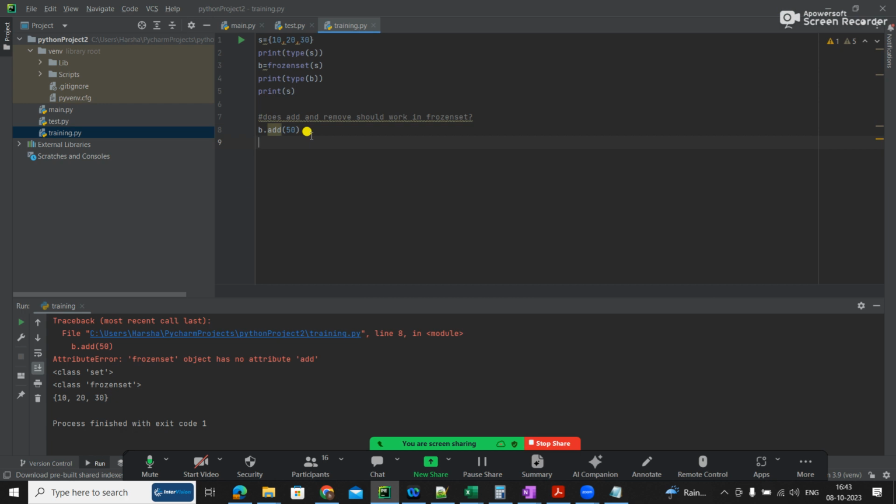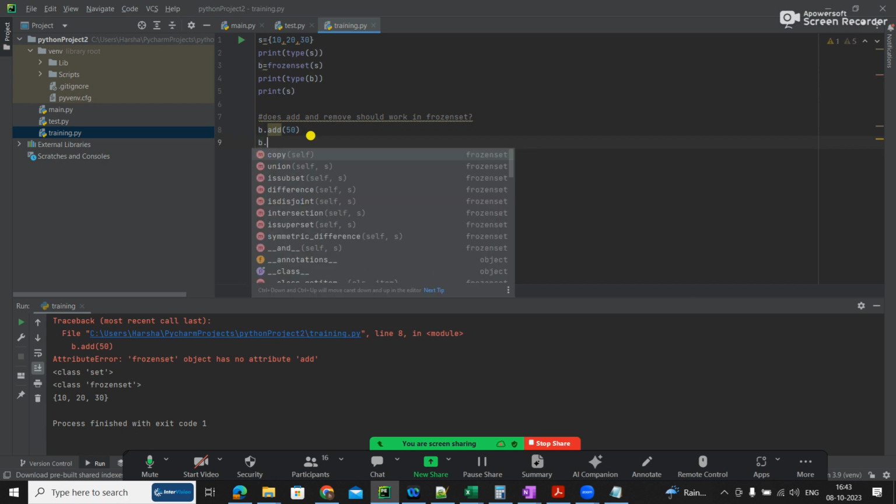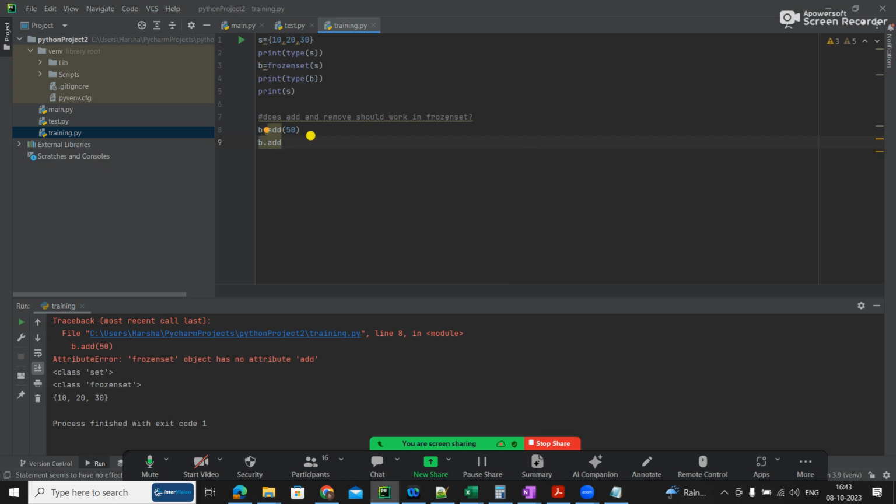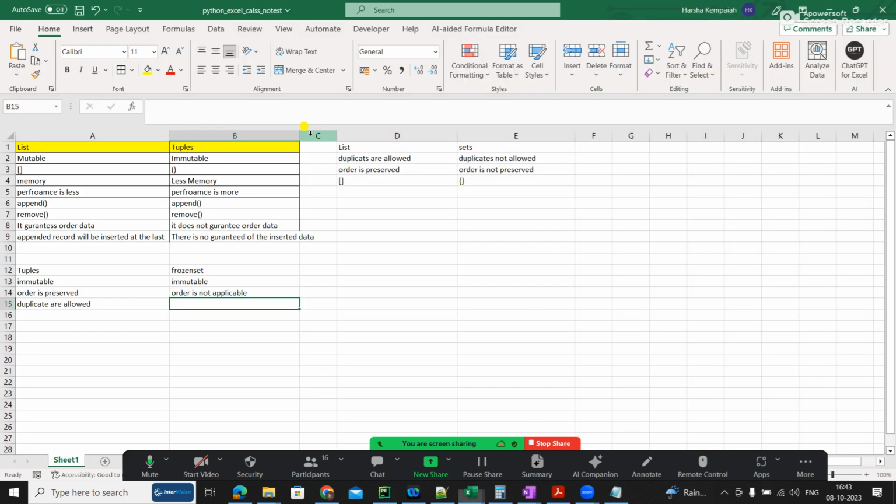If I try to do s equal to b dot add of something, obviously it is immutable, I can't add, so there is no point. So duplicates are not allowed. Obviously it is immutable, the logic itself says so.